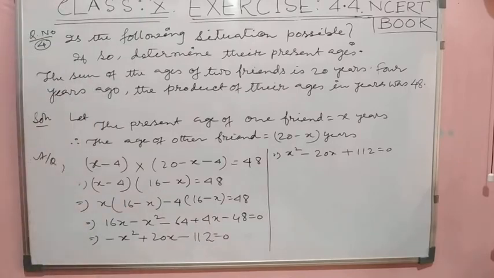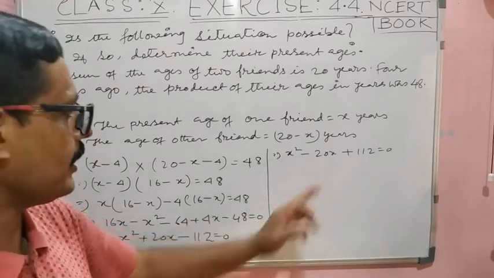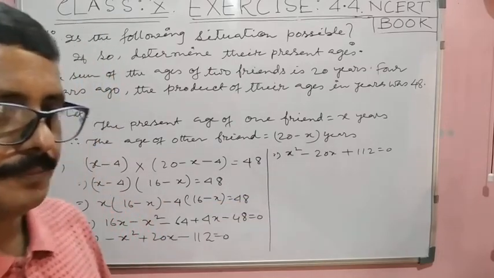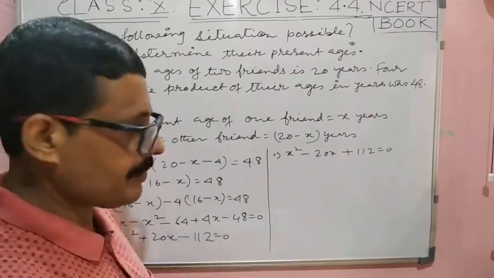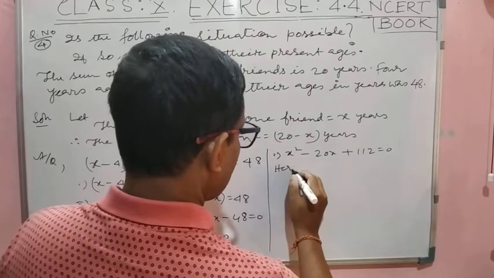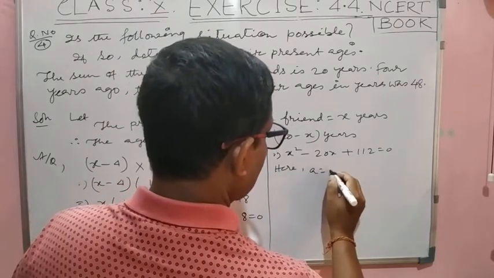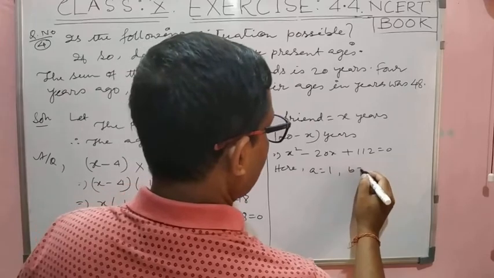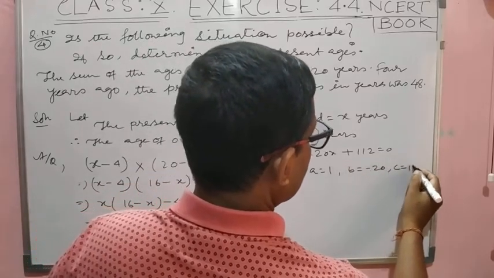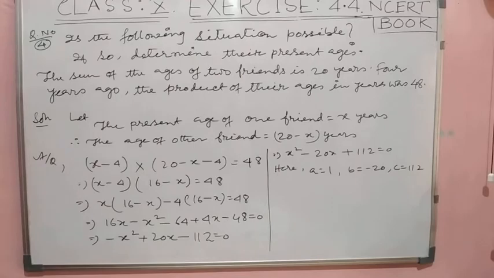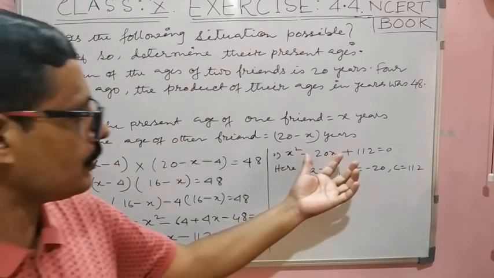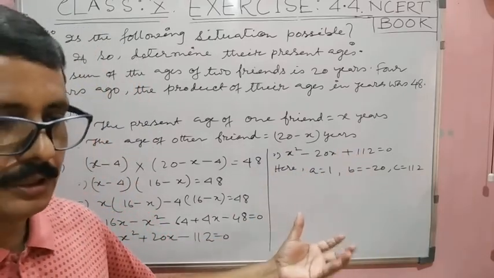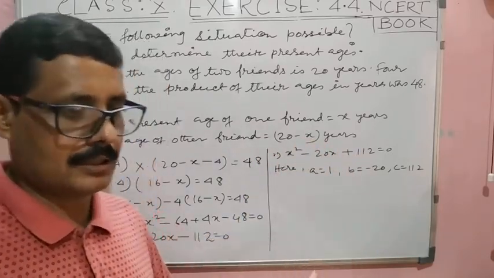So here इसको पूरा को माइनस से मल्टीप्लाई कर दिया तो प्लस एक्स स्क्वायर हो जाएगा, माइनस 20x हो जाएगा, प्लस 112 हो जाएगा। अब ये स्टैंडर्ड फॉर्म हो गया, तो इसको हम कंपेयर करेंगे स्टैंडर्ड फॉर्म के साथ। तो हियर व्हाट वी गेट, हियर a इक्वल टू 1, b इक्वल टू माइनस 20, c इक्वल टू 112। अब क्वेश्चन बोला क्या, इज दिस सिचुएशन पॉसिबल? पॉसिबल का मतलब है ये जो इक्वेशन बना, इस इक्वेशन का रियल रूट होगा कि नहीं, ये चेक करना है।